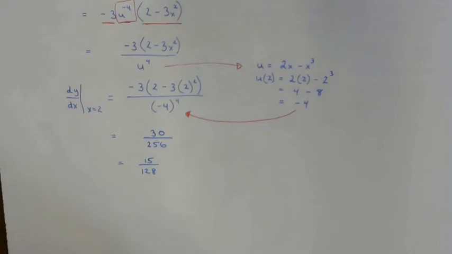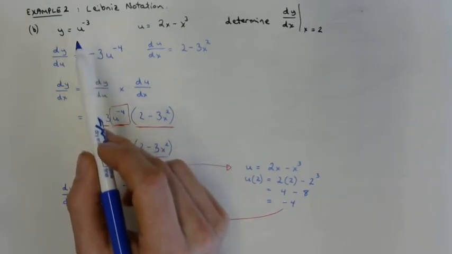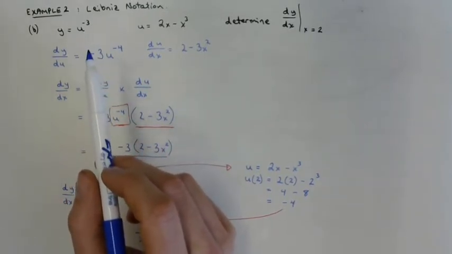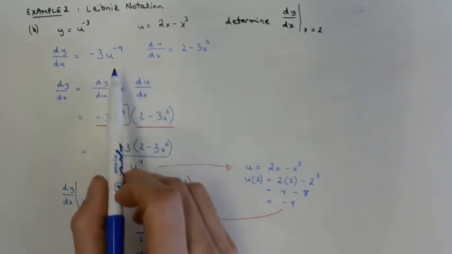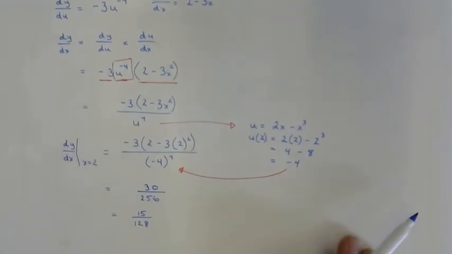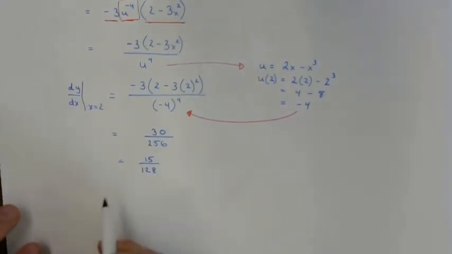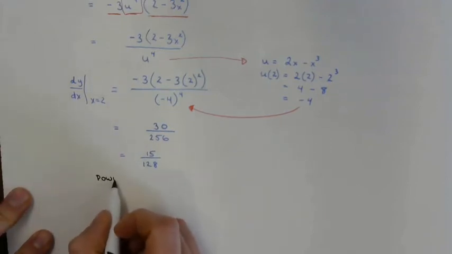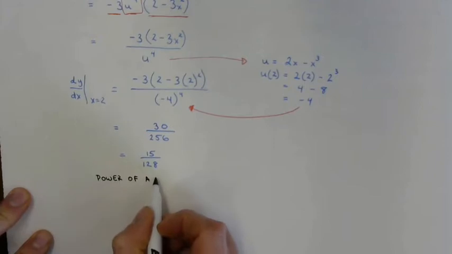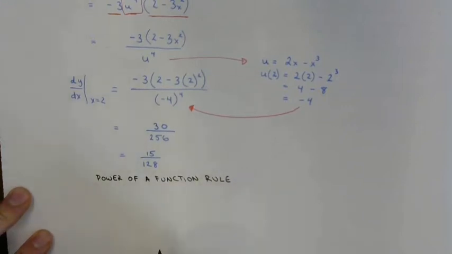Okay, that example was a special case of the chain rule. It occurs when the outer function is a power function. So the outer function here, y, was a power function. And the derivative consisted of using the power rule first. So a note on the power of a function rule. The power of a function rule says that